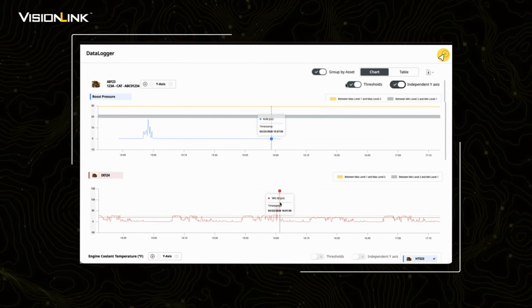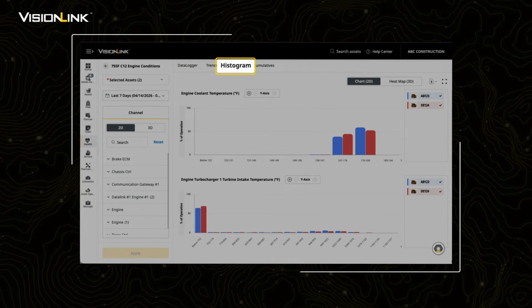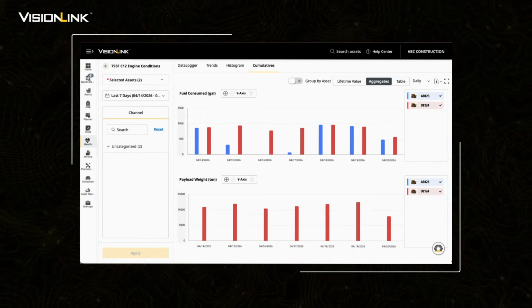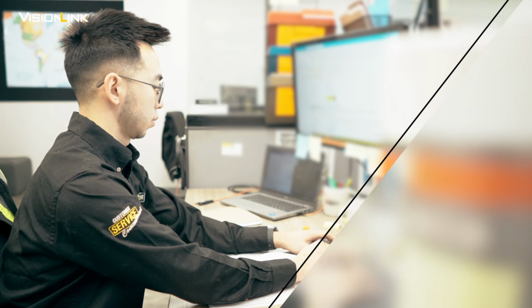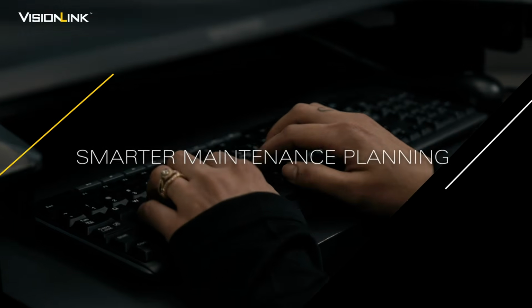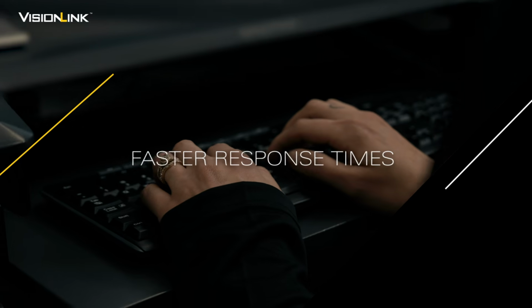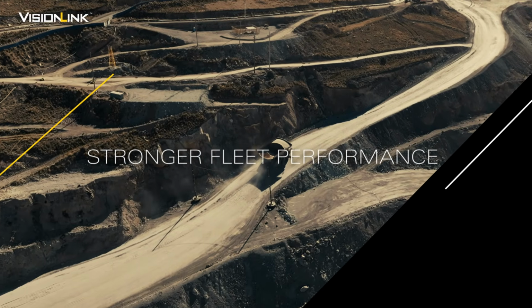You can also dive further into your asset's performance with greater customizability using trends, histograms, and cumulatives. If you're a reliability engineer managing condition monitoring events, you can easily generate recommendations for your maintenance team using the data available. The result? Smarter maintenance planning, faster response times, and more consistent performance across your full fleet, designed for